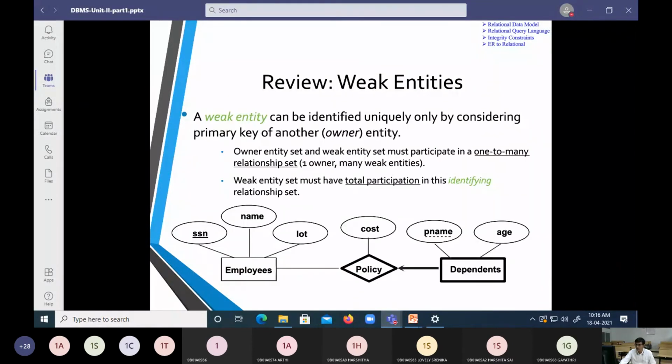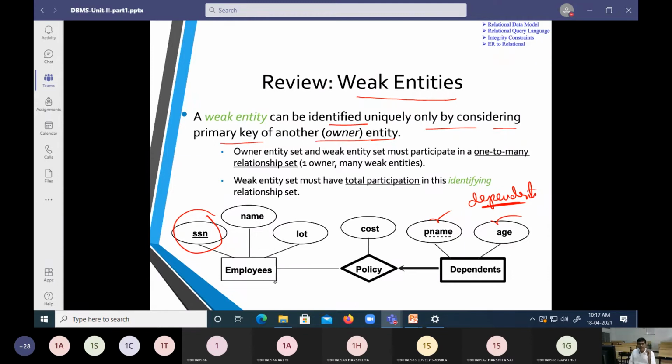Let us look at the next word called weak entities. A weak entity can be identified uniquely by considering only the primary key of another owner entity. So SSN is an employee, and his dependents have a policy number, a policy name and a policy age.